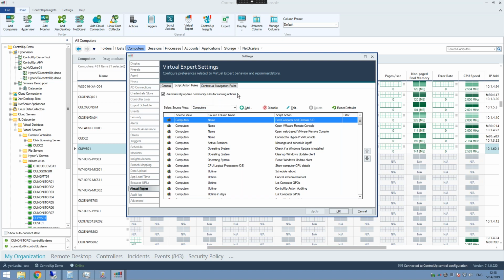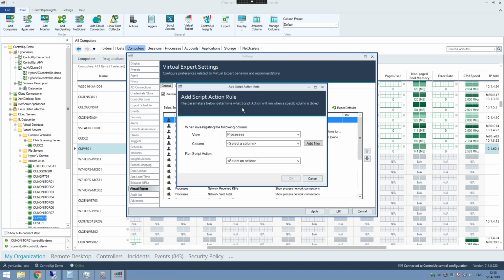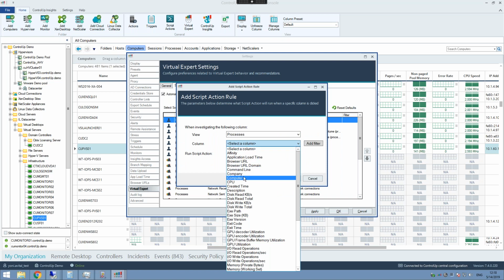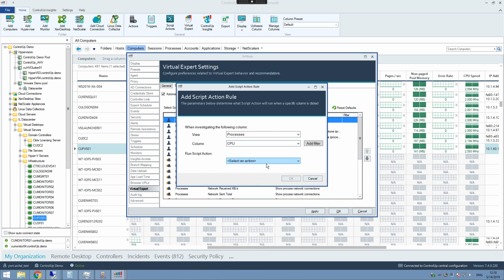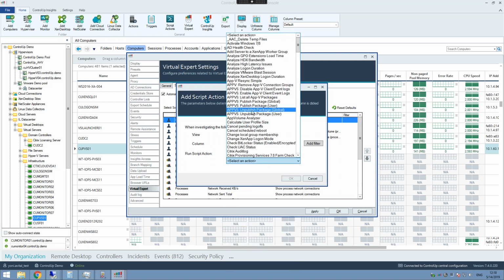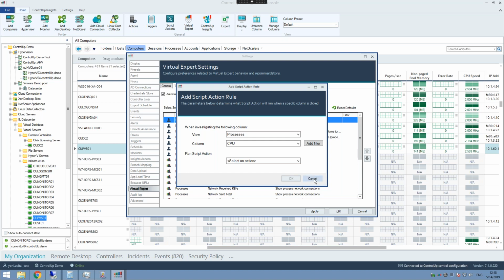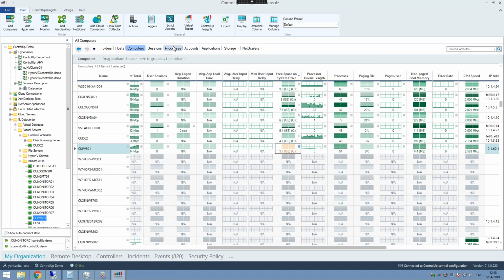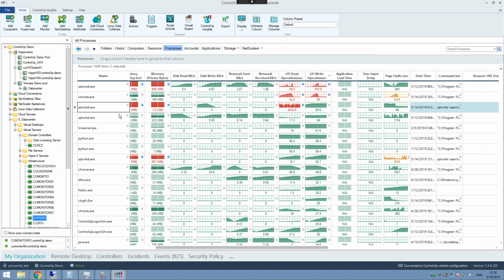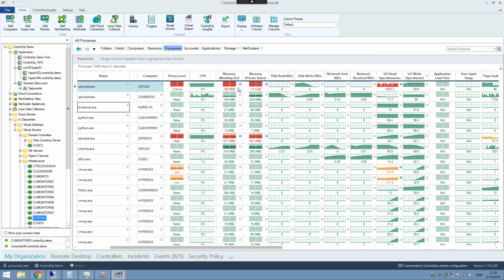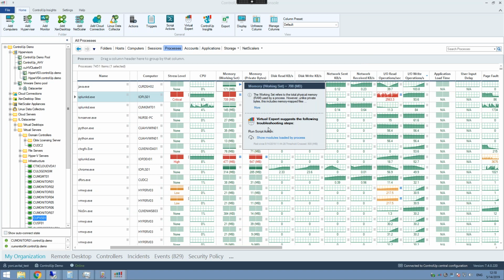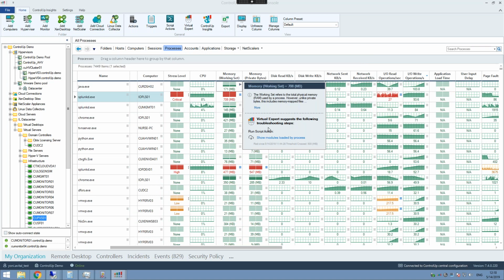So think about this engine here. You can go ahead and look at the processes view in this case, and actually add a recommendation based on, for example, a high CPU, and go ahead and select the pre-made script which actually fixes the issue. And once you configure that, when one of your tier 1 or helpdesk guys goes to the processes view, and you will see the relevant ERP app with high I/O usage or with high CPU usage, just by clicking on the visual indication, you will be able to see the script that you have suggested and intuitively fix